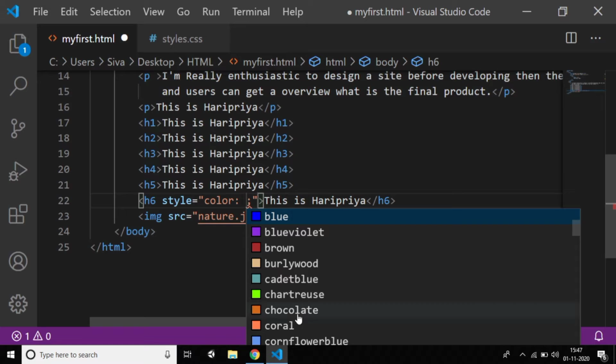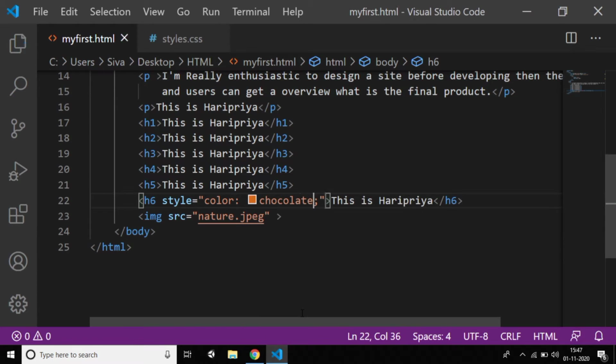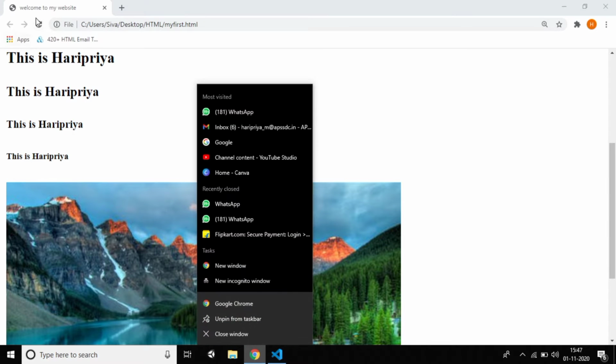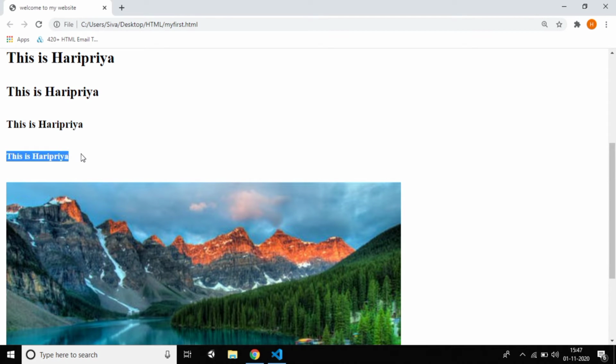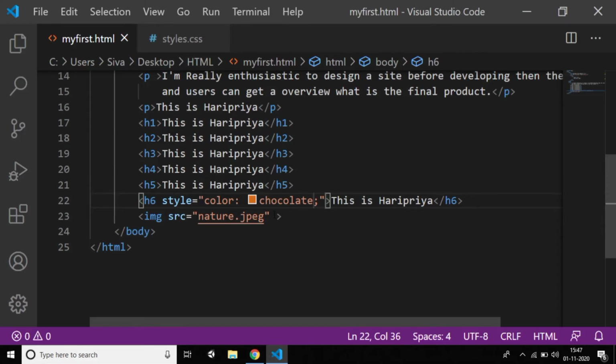I want chocolate color, press Ctrl+S, reload it and you can see the chocolate color. So this is called inline CSS. It means inside the tag I'm writing the CSS code. I can write other CSS also, like font size big or small, or text align center.